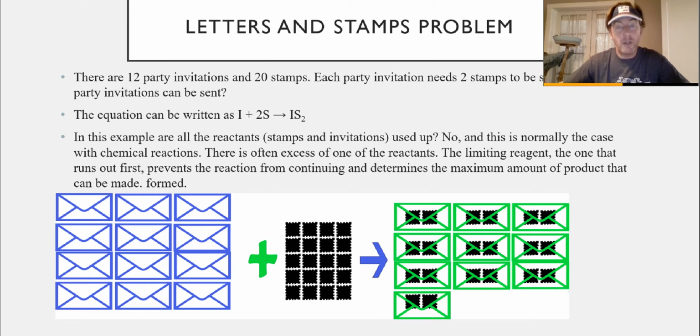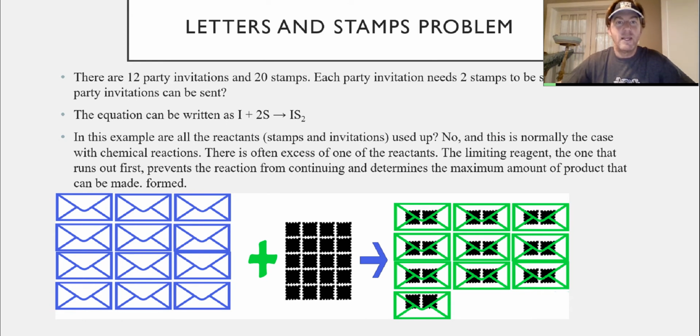So with this one, numbers are pretty easy. If we had 12 party invitations, well, we need 2 stamps for every one of those, so we need 24 stamps. I don't have enough. I don't have 24 stamps. I only have 12. So, I